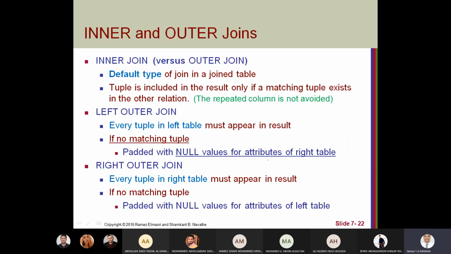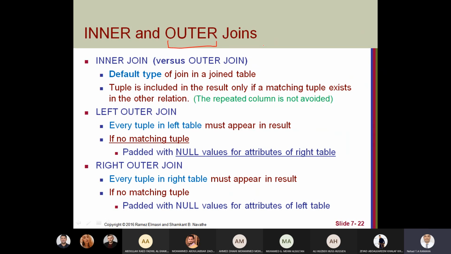We have another type of join that is outer join. What's the difference between inner join and outer join? Outer join, we have three types: left outer join, right outer join, and full outer join. Outer join is different from inner join in that in the result we can have all values from one of the two sides' tables.